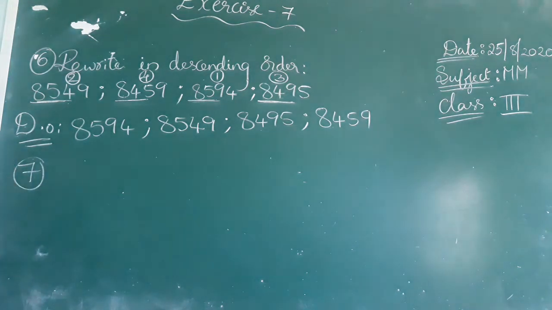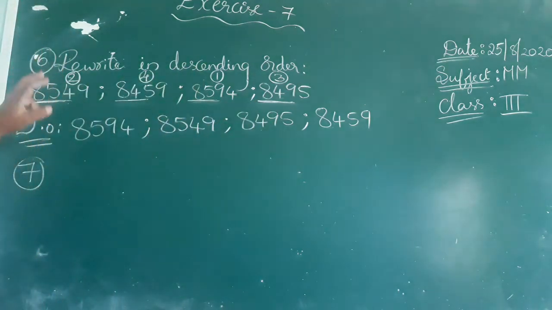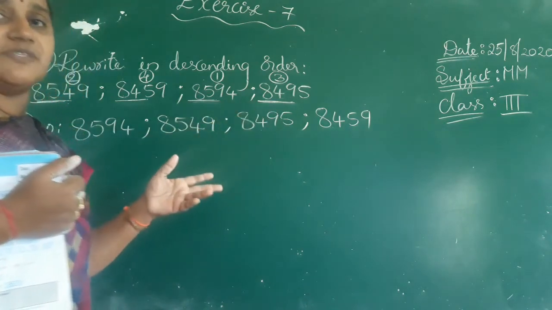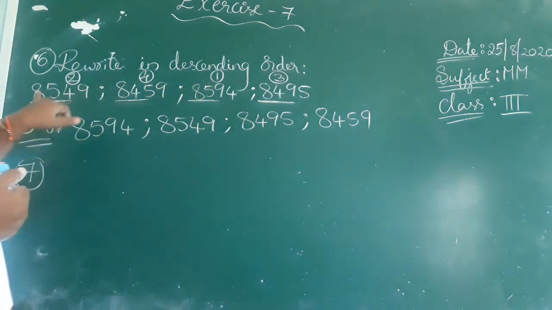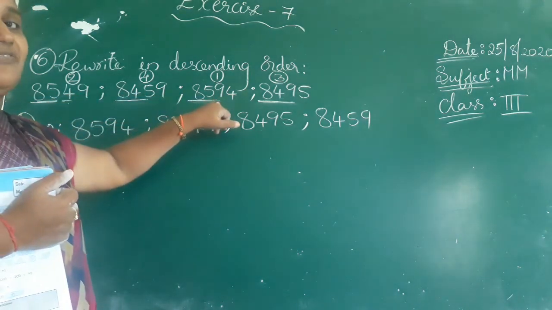How do they arrange, once again I repeat. How can we arrange the numbers in descending order? First we have to see the numbers. All are having 4 digits only. Next, all start with 8000 only. Go to the second digit. 8500s, 8400s, 8500s, 8400s. So what comes first? The 8500s come first. So 8554, 8500, 8000. If you check 3 digits, 854, 859. 91 means the bigger one.